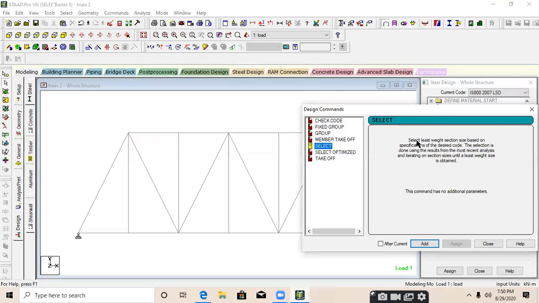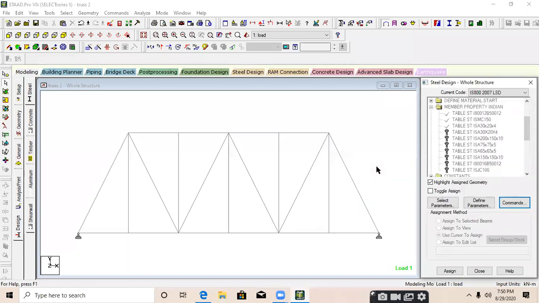And the select command selects least weight section size based on specifications of the desired code. The selection is done using the results from the most recent analysis and iterating on section size until a least weight size is obtained. So it will show you the minimum size required to pass this particular section on the load provided.